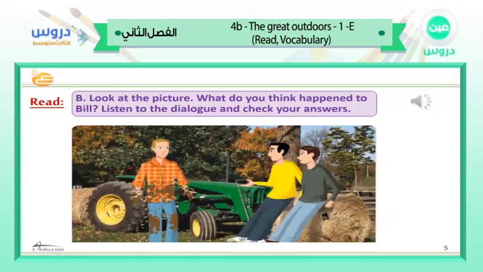Maybe he fell off a tractor. Yes, maybe somebody pushed him. Maybe he had a fight and he fell on the floor. So we don't know what really happened to him, but it's evidence that he got all dirty. Okay, so listen carefully in order to answer why or what happened to him. Why is he dirty and what happened to him?